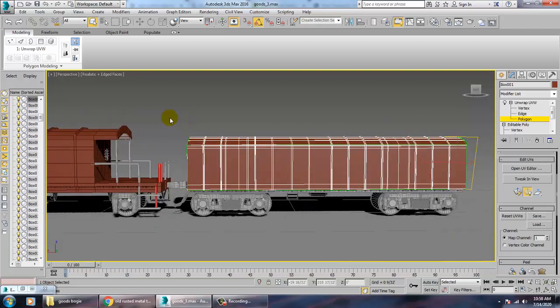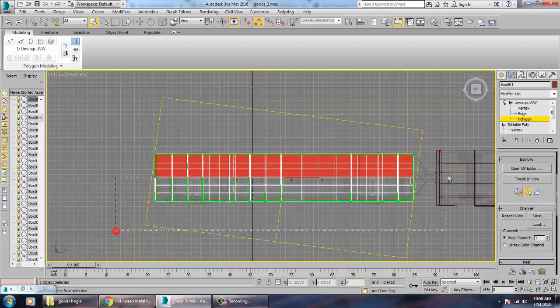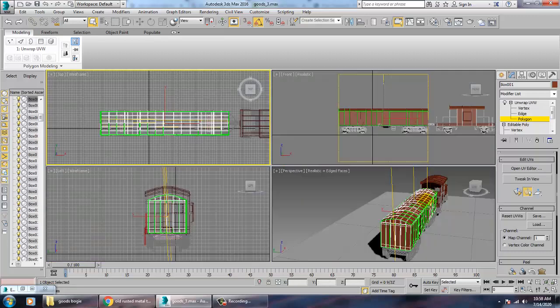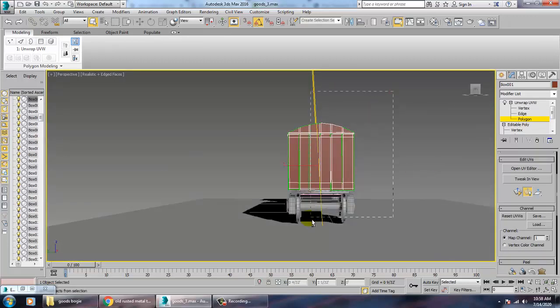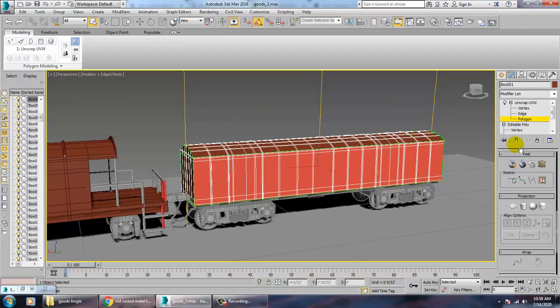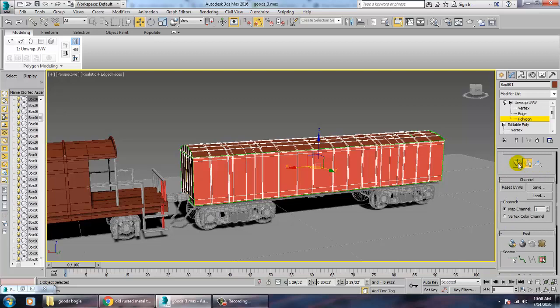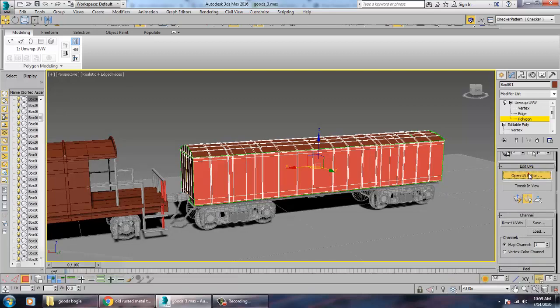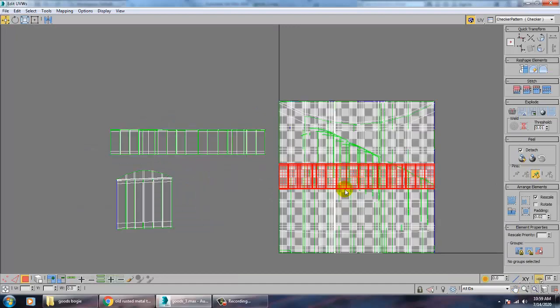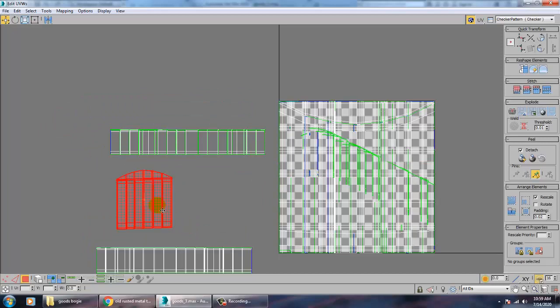Select the other side over here, go to the top view, subtract this, projection Y, open UV editor, just push this over here, select this, push it out.